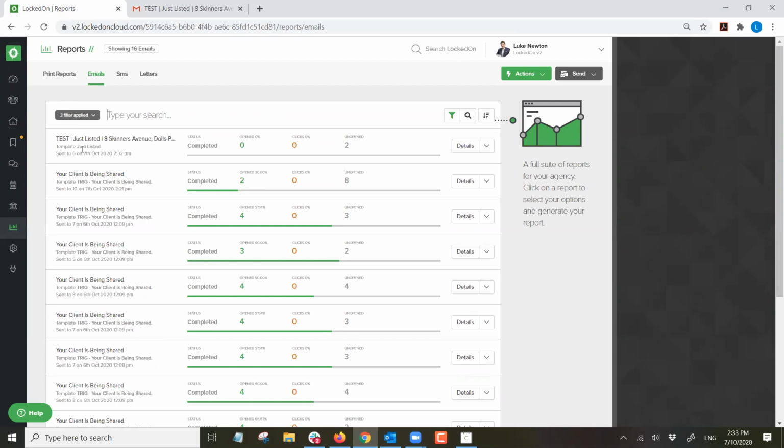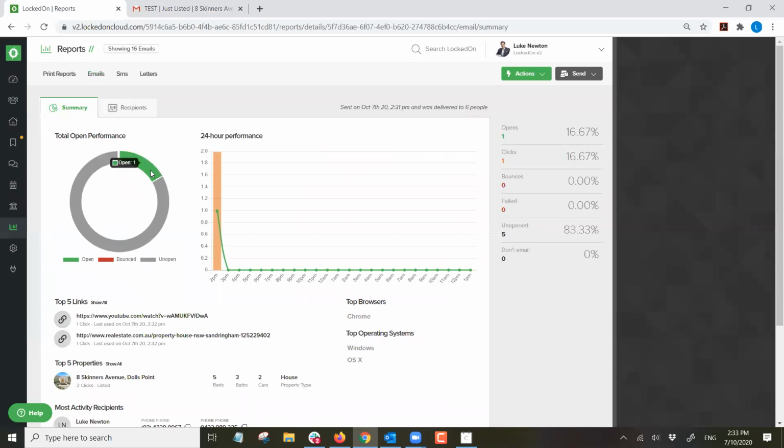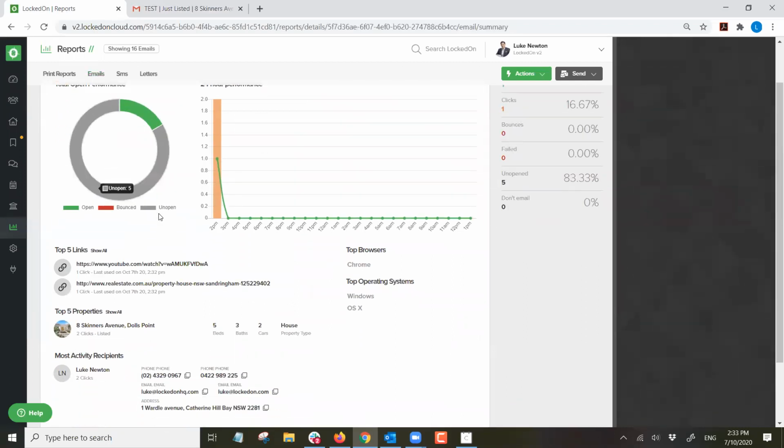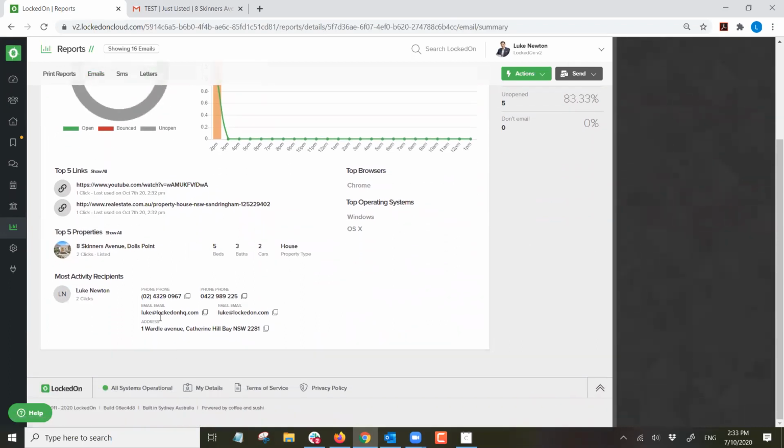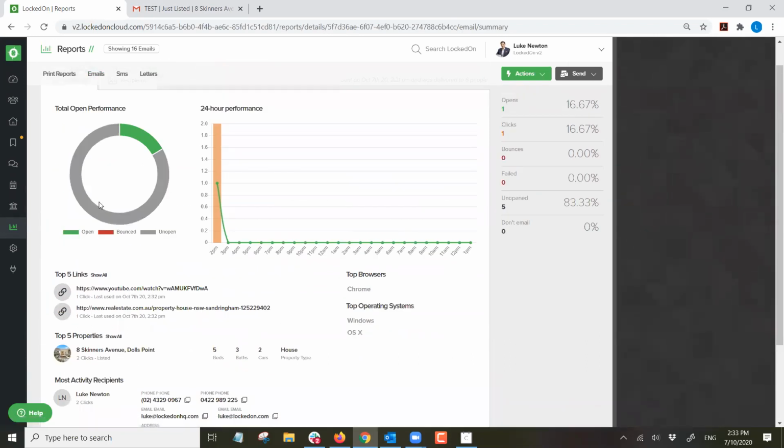When we look at an email, it's gone off to 700 or 7,000 people, and you can go into the details of it and start to see who opened it, who clicked on it, who watched the video, who clicked on the link. What you can actually start to see here is I'm on the system, and it's registered those clicks and tracked it. So pretend I gave this 12 hours or 24 hours and I said to my PA,